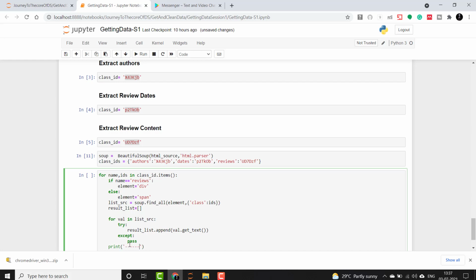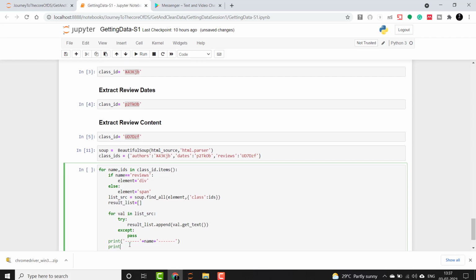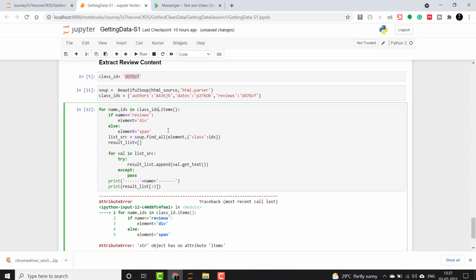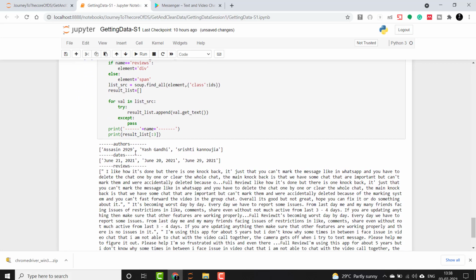I'm just separating the elements, so I'll say plus name and then the result. From the result list we will get the first three authors, dates and contents for now, so I'll just pass :3. Let's check this. Sorry, typo. You will observe here that it has fetched all the authors, dates and reviews.